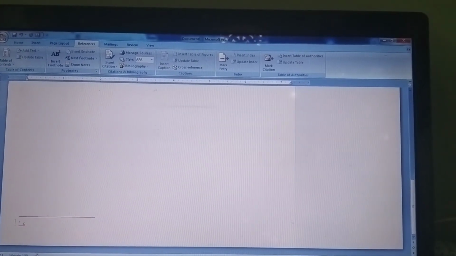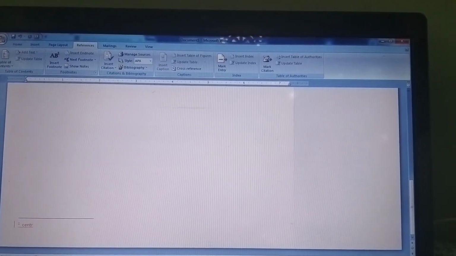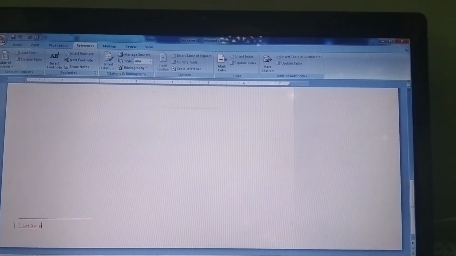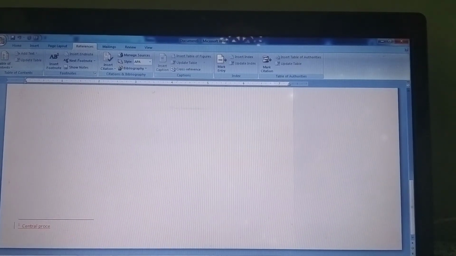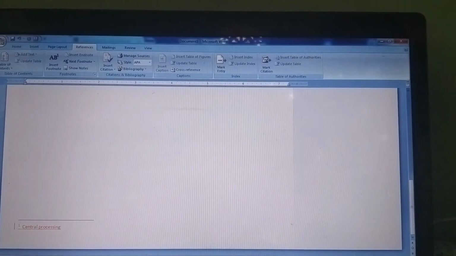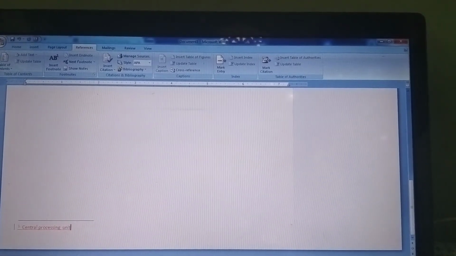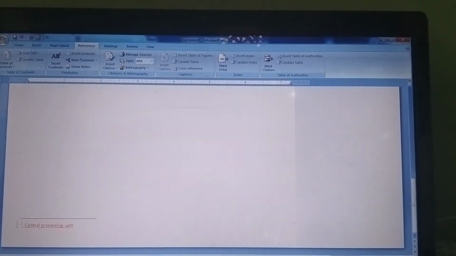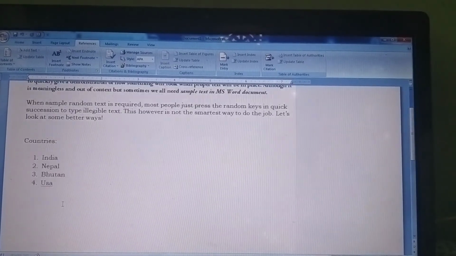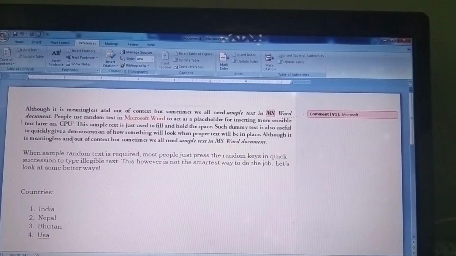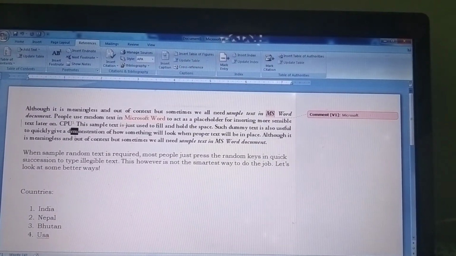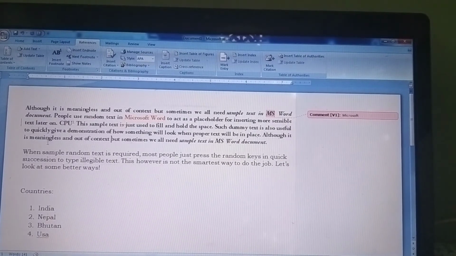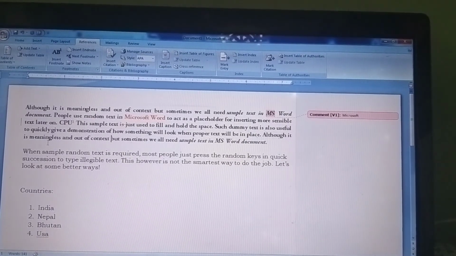That is, central processing unit. So that will be the full form of CPU. In the same way, if you want to add one more footnote, then again you can select any word.